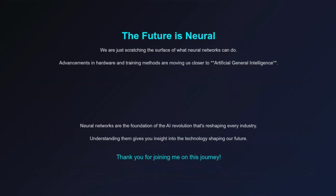We're just scratching the surface of what neural networks can do. As we develop more efficient architectures, better training methods, and more powerful hardware, we're moving toward artificial general intelligence. The key takeaway is neural networks aren't just computer science. They're the foundation of the AI revolution that's reshaping every industry. Whether you're a student, professional, or just curious about technology, understanding neural networks gives you insight into the future we're